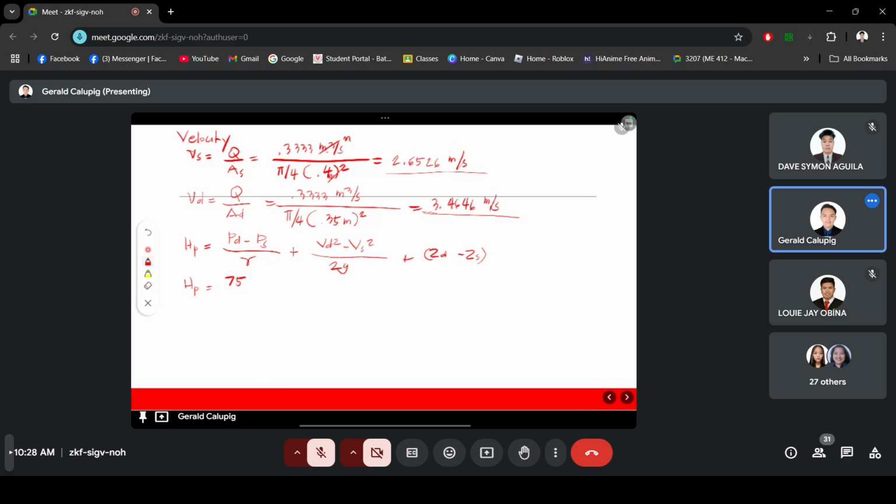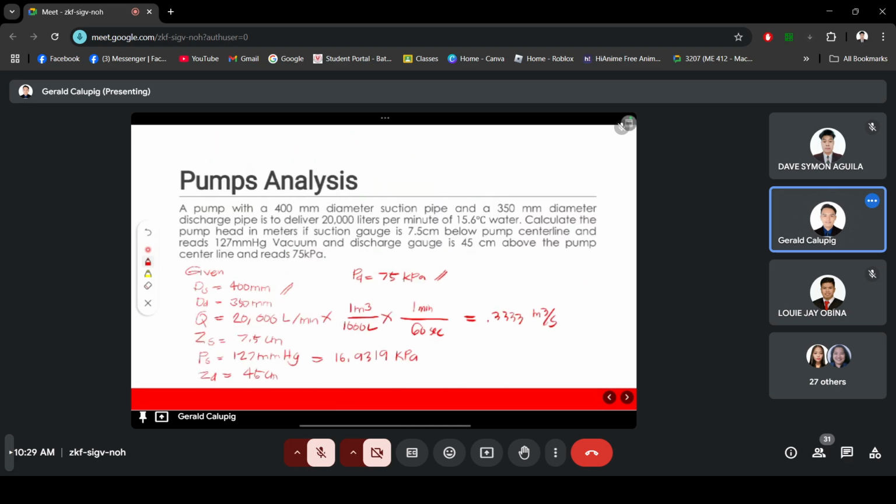Minus, kPa, minus vacuum na 16.9319 kPa, all over 9.81 kilonewton per meter cube plus our VD is 3.4646 meter per second squared minus 2.6526 meter per second squared all over 2 times 9.81 meter per second squared plus what is our ZD? Our ZD is 45 cm or 0.45